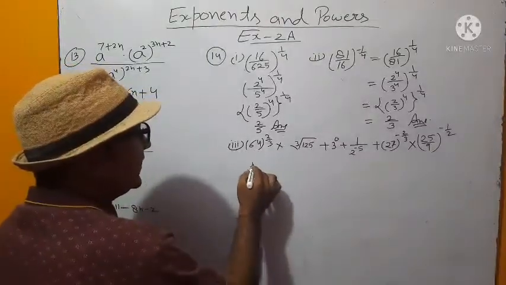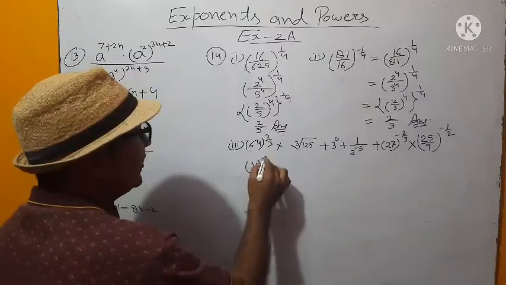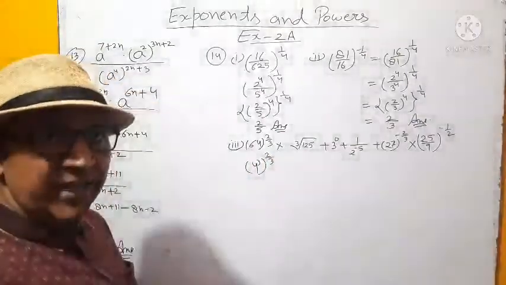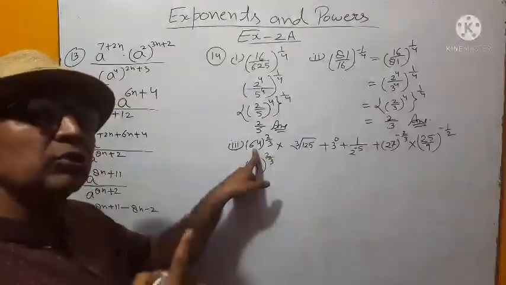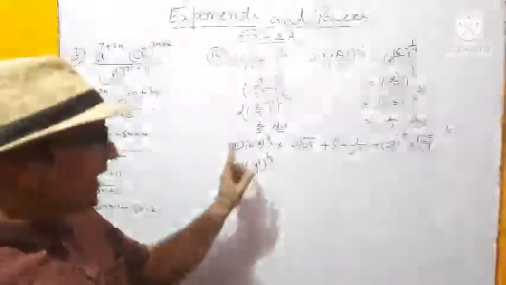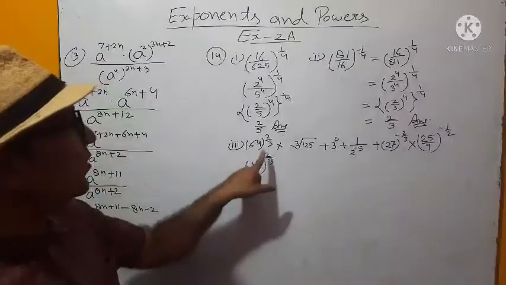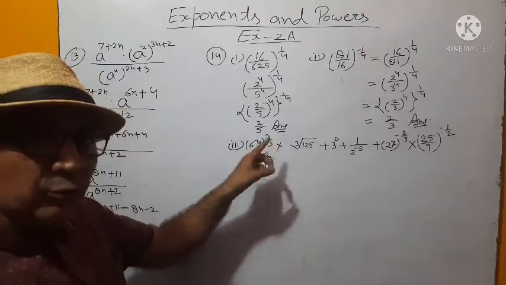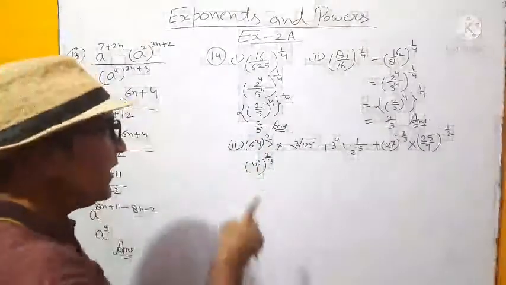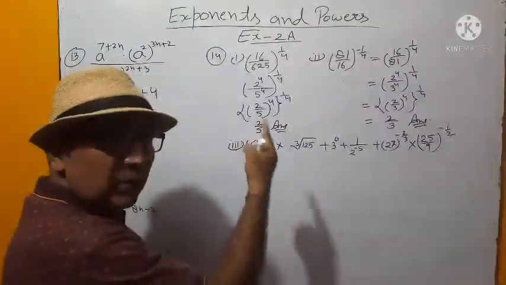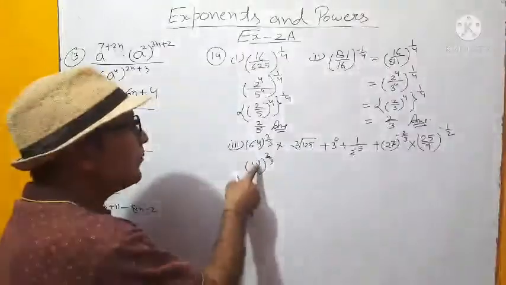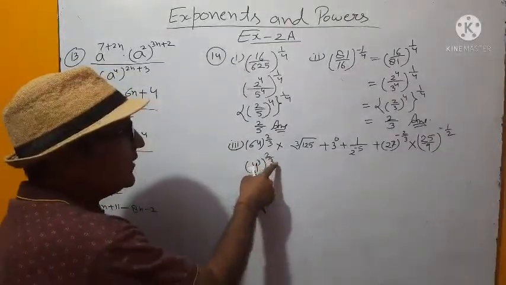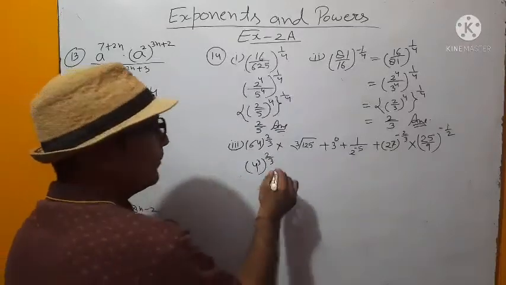64 can be written as 4 power 3. Why? This is the calculation technique. We can write it as 2 to the power 6 also. But I am writing 4 power 3 because in the whole power the denominator is 3. To make your calculation easy, convert 64 into exponential form in such a way that the power should be 3, so that when you multiply 3 into 2 by 3, the 3s will cancel each other.